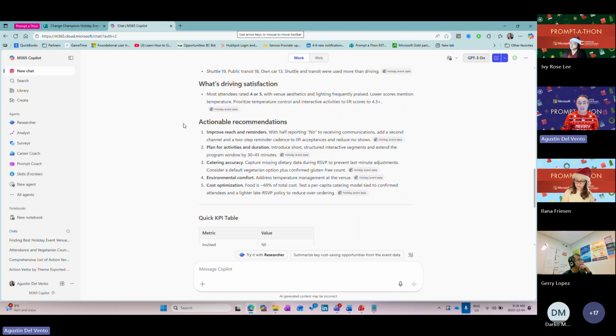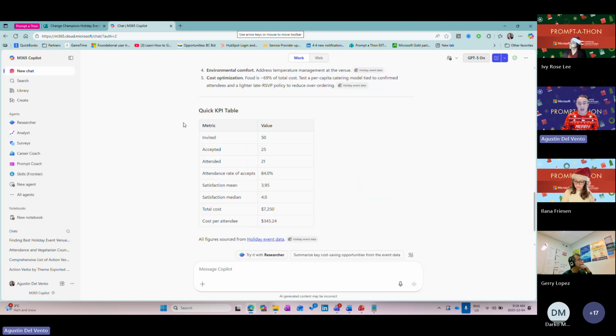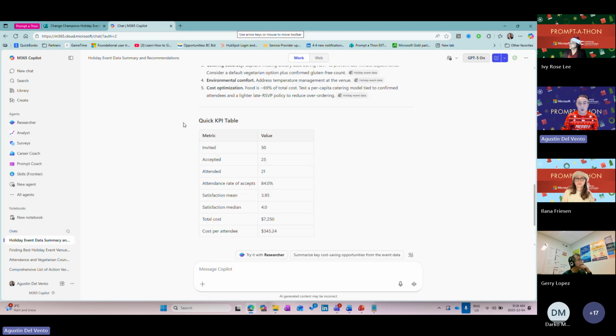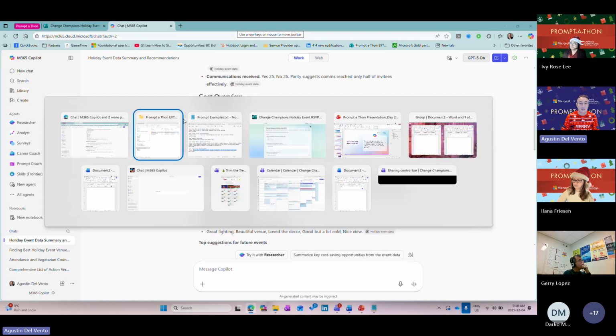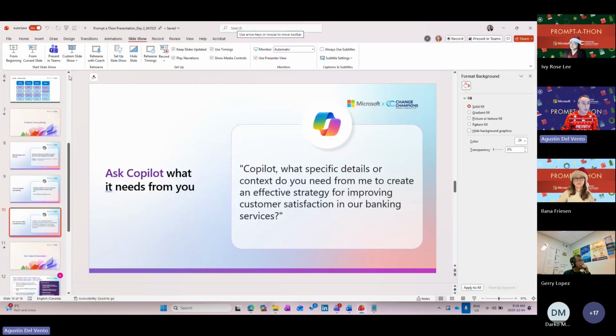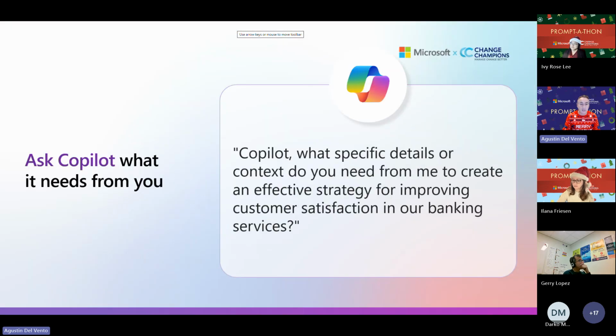So you can see, play around with this and give it a try. I think it's quite cool what Copilot can do. And again, this, folks, is something you can do with or without the paid license. So that's what I think is even more fun. All right, with that,